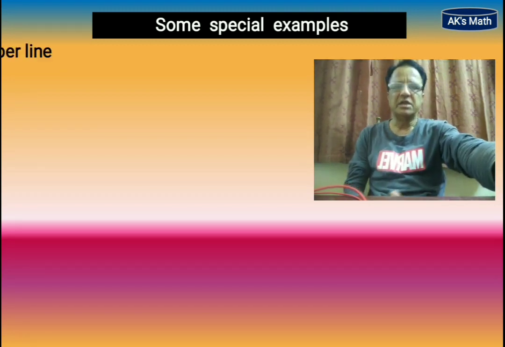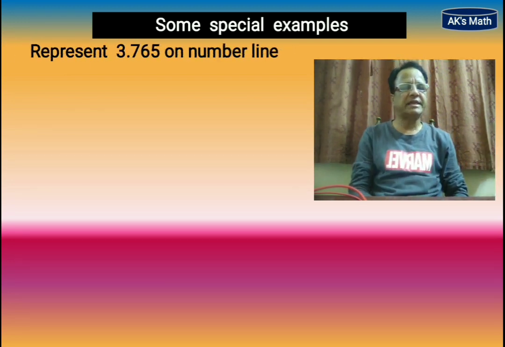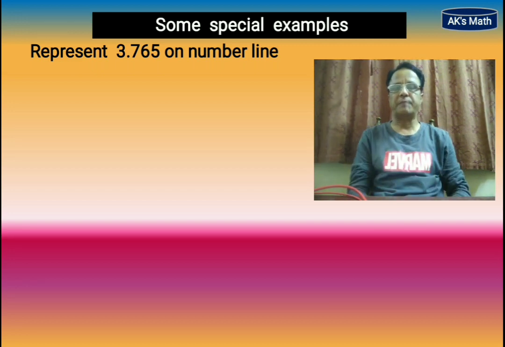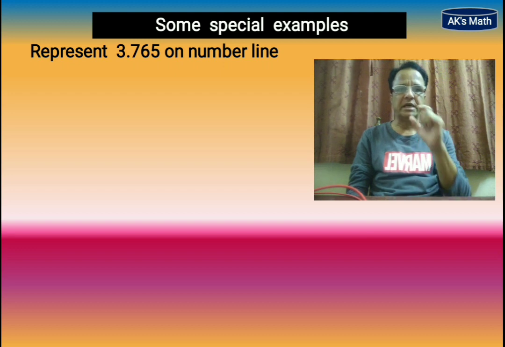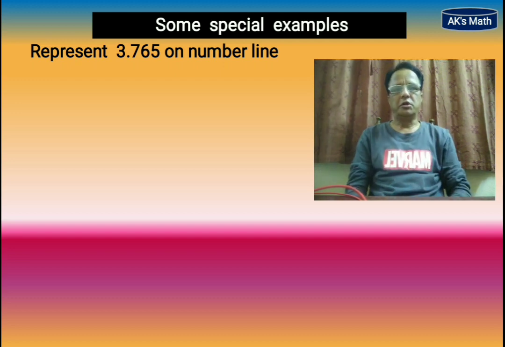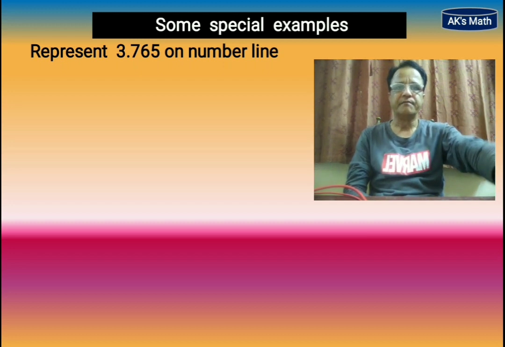What is in front of us? Look at this one. Represent 3.765. Listen, students. Here to show this particular example, I have to minimize my video at minimum level. So look at everything that is now written on the screen. Now first of all, look at this number 3.765. This is the terminating decimal number. So how to represent the terminating decimal number on a number line?